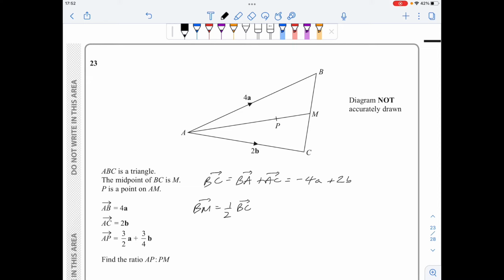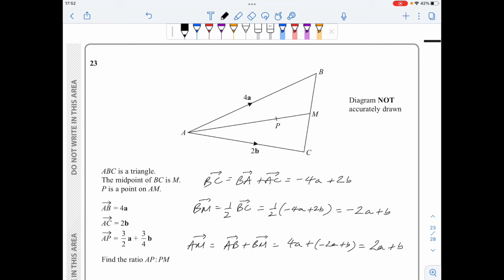I'm given that M is the midpoint of BC, so that's half of (minus 4a plus 2b), which is minus 2a plus b. And finally, vector AM is equal to AB plus BM. AB is 4a, BM is given above here. And if I simplify this one, I will get